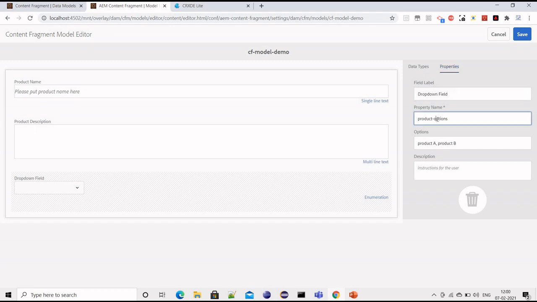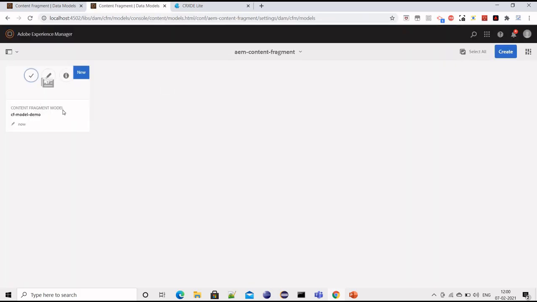So, products. Yeah, let's save it. So what we have done so far, we have created a configuration browser folder.